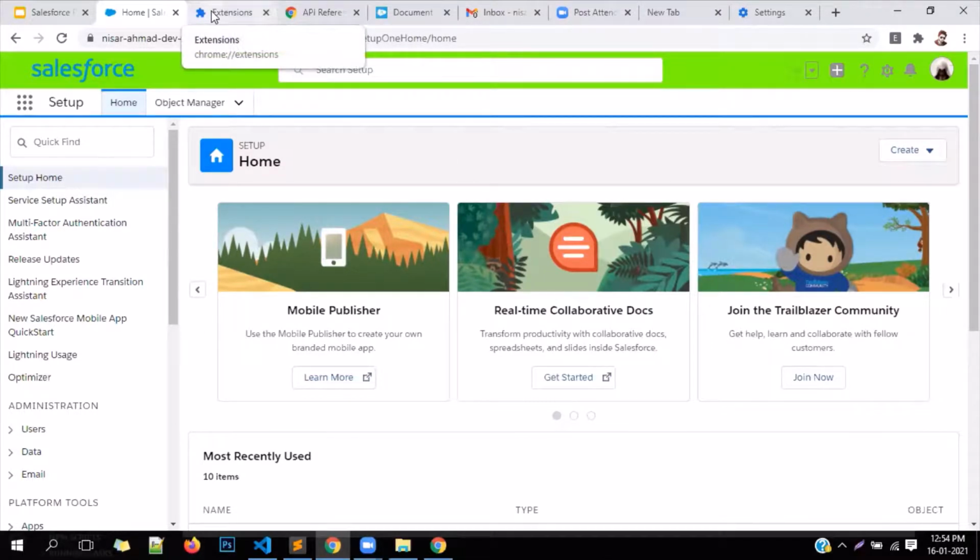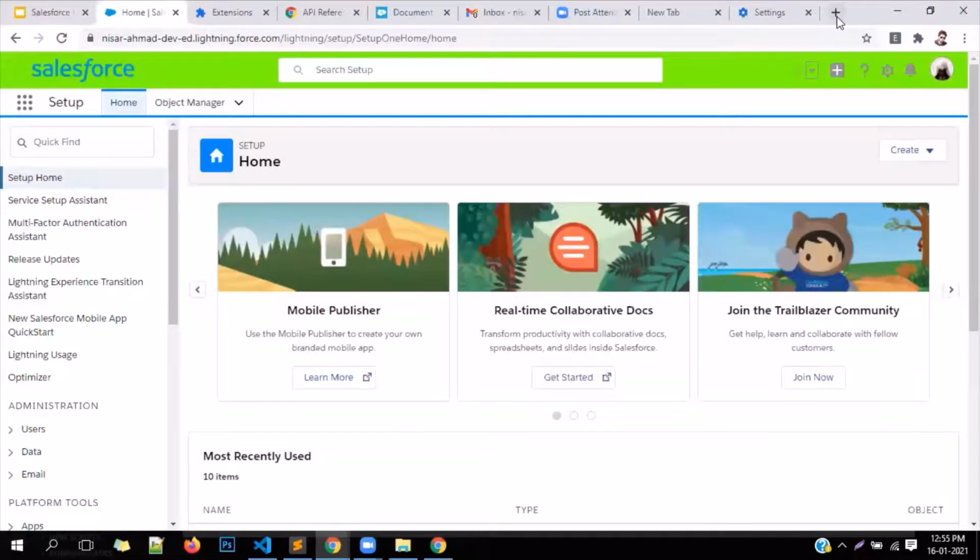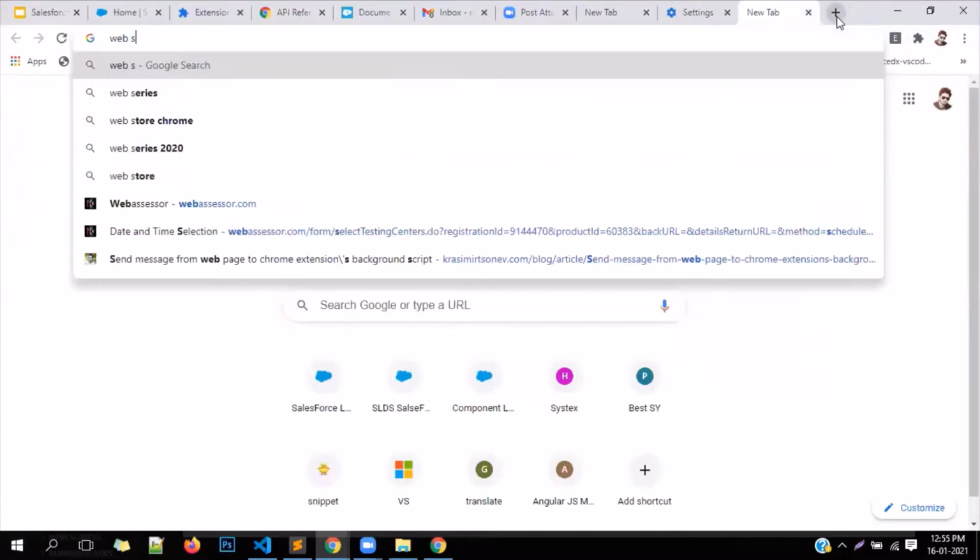And now, how to deploy. So just simple, how to deploy our extension. So you can have one account from web stores. Like if you have a web store account